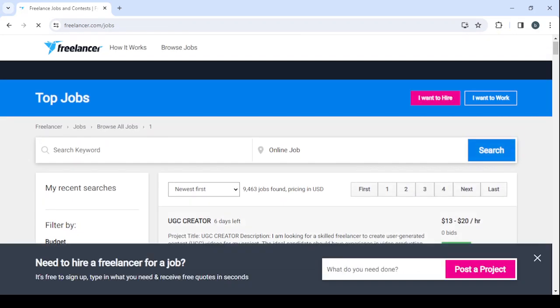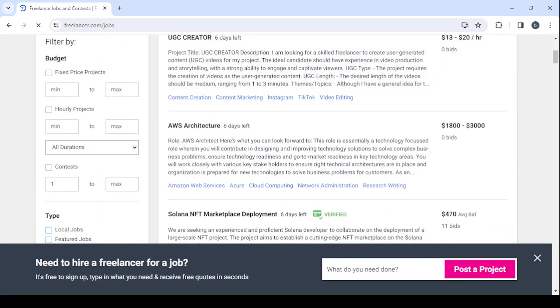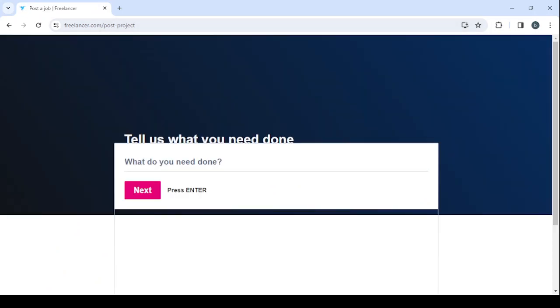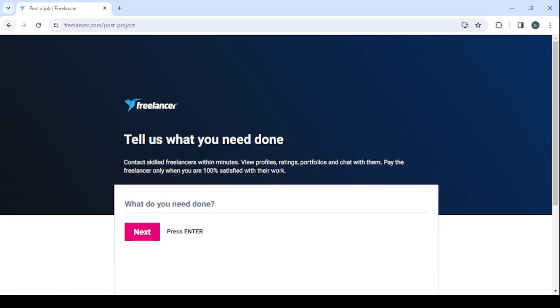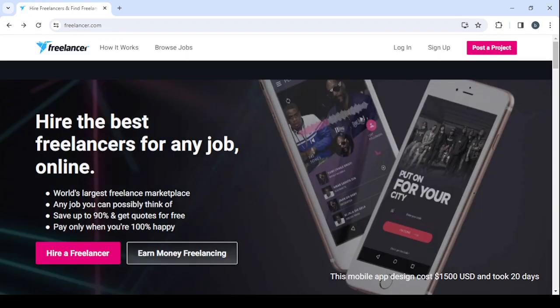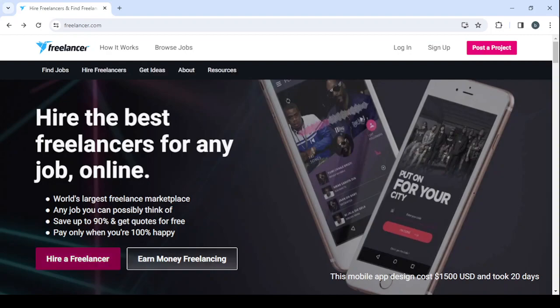And this here is for if you are a freelancer looking for a job, and if you want to hire, let's click on I want to hire, and here is where you're going to post a job, but that's not what we are looking for. We need to check the freelancers, especially the voiceover artists. So let's click on hire freelancer,